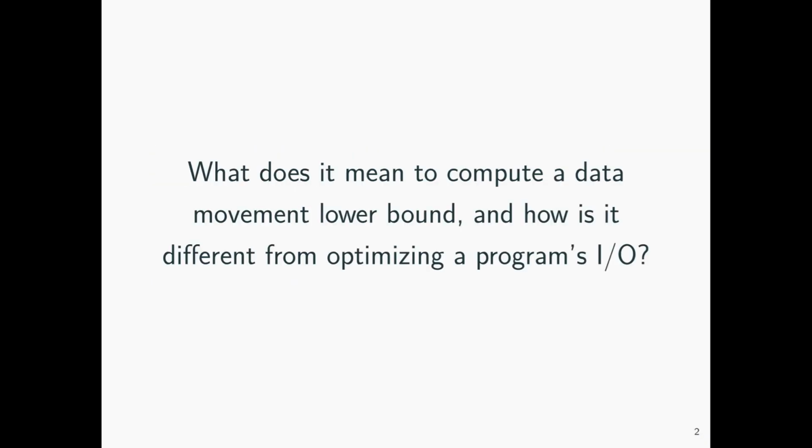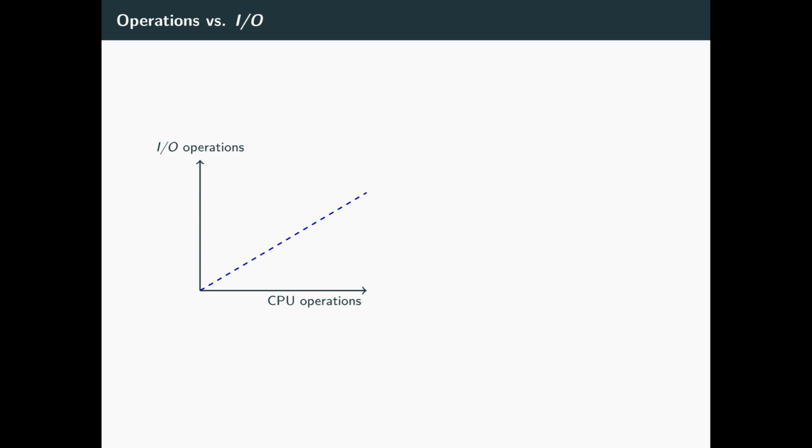So first, what does it mean to compute a data movement lower bound? And how does it differ from optimizing a program's I/O? When you run a program on a computer, it's doing a certain number of CPU operations and a certain number of I/O operations. And depending on the relation between these two quantities, the program is either computation limited if it does a lot of CPU operations. That means the bottleneck of the speed of the program is going to be the frequency of the processor, or it's going to be I/O limited, meaning the bottleneck of the speed of the program is the bandwidth of the